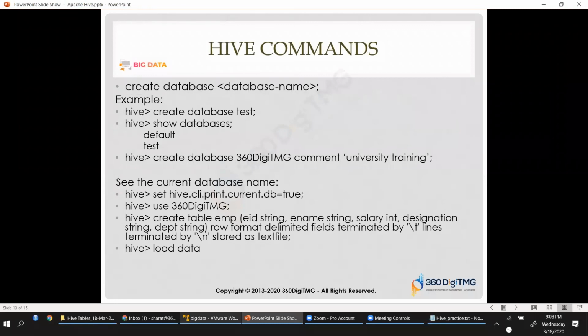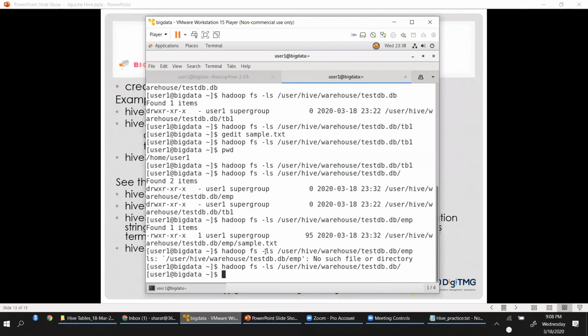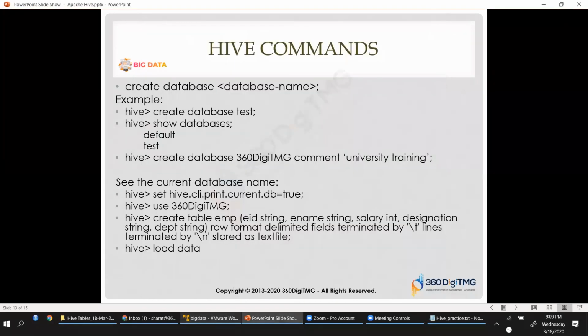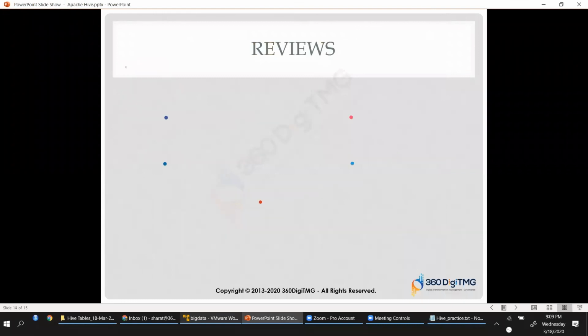Probably okay. You can basically try and explore this, friends. It should not delete the file that you have here because Hive would not manage it anymore. If it is an external table, Hive would not manage anything. So try and create an external table explicitly and see if the data comes into the Hive warehouse. It will not be there in the warehouse when you create an external table. Okay, so try and explore this.